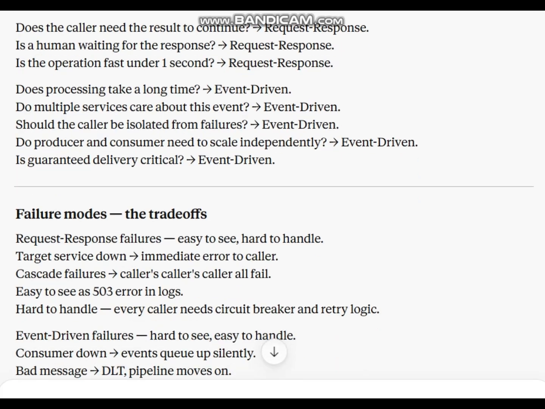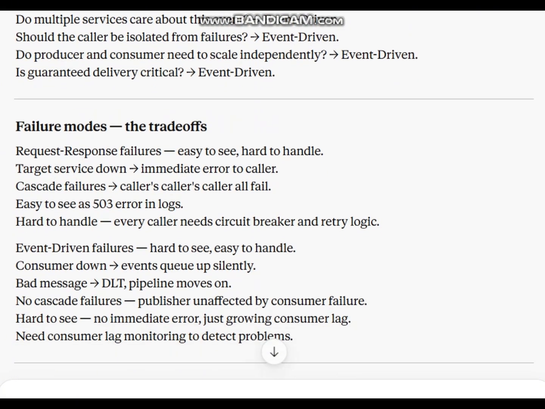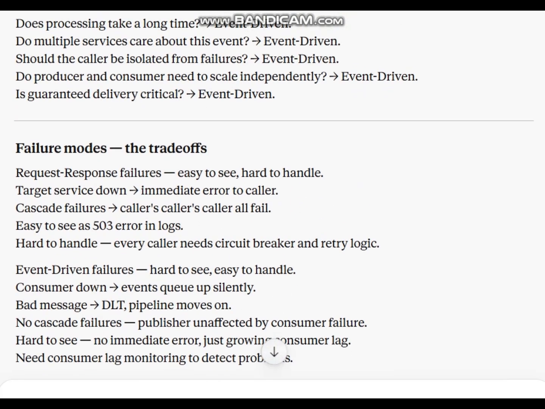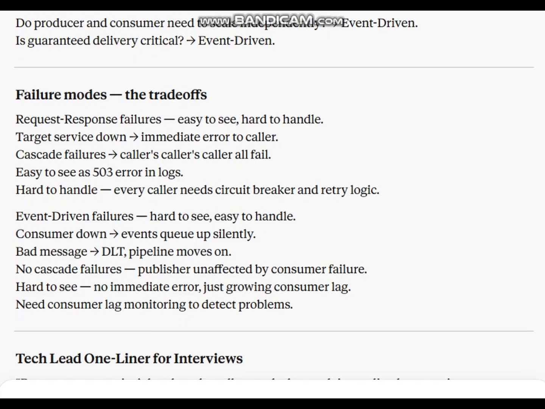Event-driven: should the caller be isolated from failures? Event-driven: do producer and consumer need to scale independently? Event-driven: is guaranteed delivery critical? Event-driven failure modes, the trade-offs. Request-response failures are easy to see, hard to handle. Target service down: immediate error to